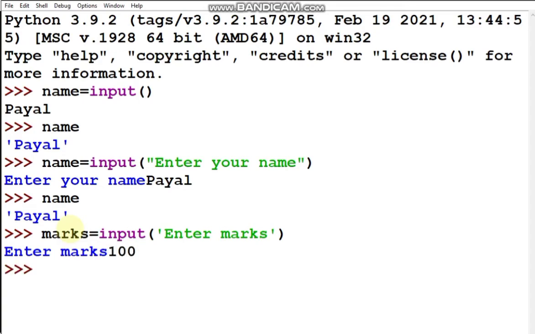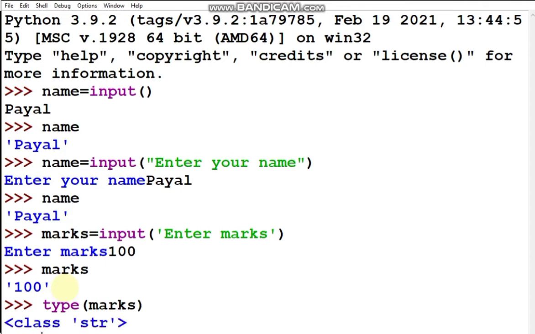I've given 100. So when I'm printing marks, it is giving me value in string itself. See, it is given inside quotes. But marks, and if I want to see whether it's of which type, then I can just see the data type of marks, which is string type.